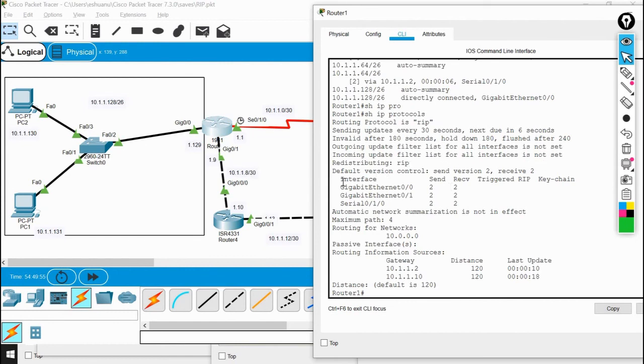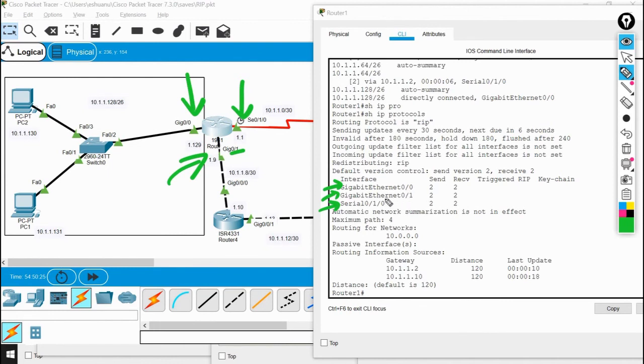Currently the interfaces participating in RIP are GigabitEthernet 0/0, that is this interface, GigabitEthernet 0/1, this interface, and another one is Serial 0/1/0, this one. So all three interfaces are participating.